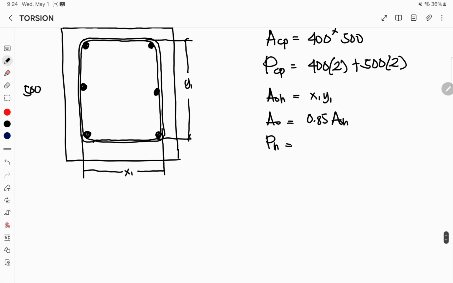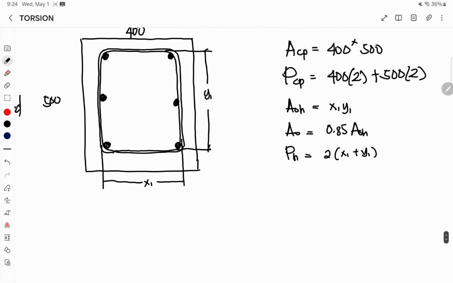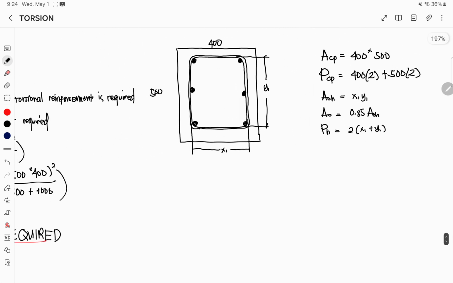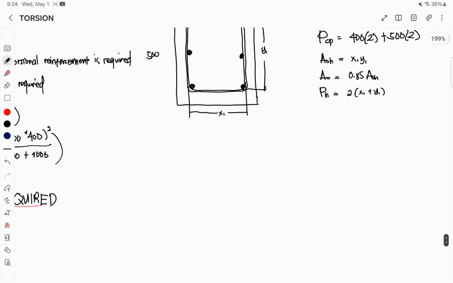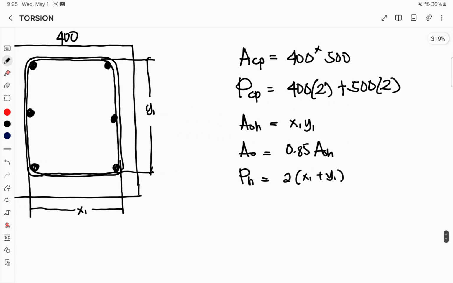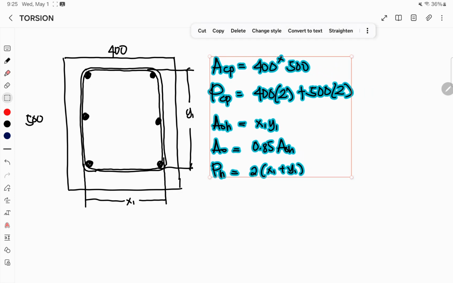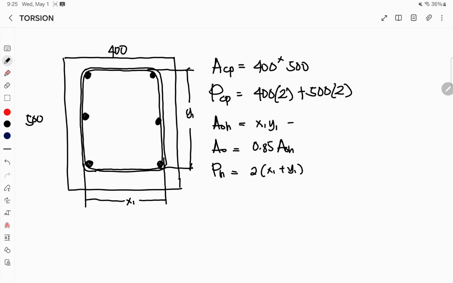For the perimeter ph, which is the perimeter of the hoops, it would be equal to 2 times x1 plus y1. To get that, of course, we need an analysis. For x1,